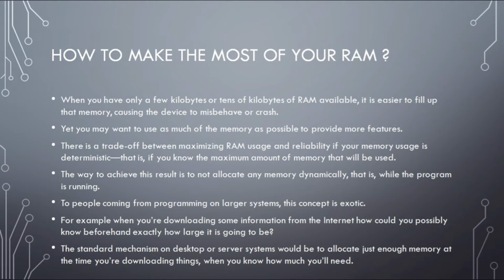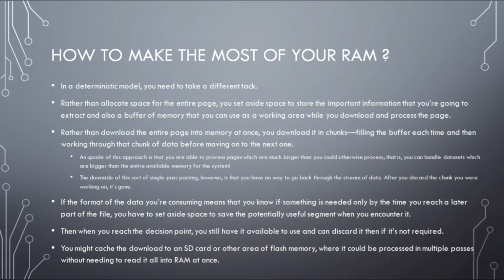Using constants this way can be a big saving if you have any large lookup tables or other big data structures such as fonts or bitmaps. It's much better to get this storage out of RAM and into flash. On an Arduino platform, there is an additional macro that lets you specify that certain strings should be stored in flash memory rather than RAM. You can do this by wrapping the string in F. That is how you can make the most of your RAM.